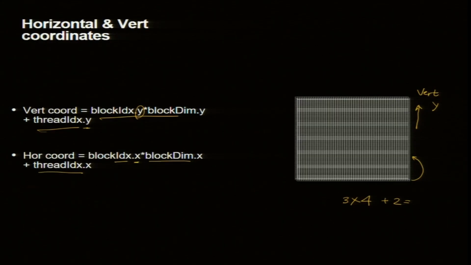Now, please keep in mind that the id x is used even for y direction; you do not have id y dot y. So, this is a keyword, an object which has components dot x, dot y, dot z. It's trivial if you see it, but keep this in mind. And block dim also is an object which has 3 components: dot x, dot y, dot z.